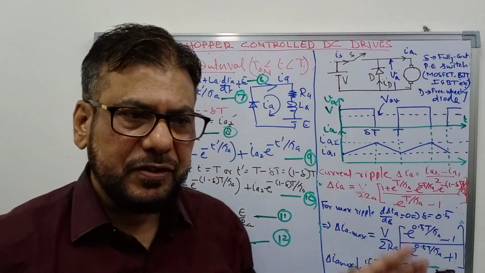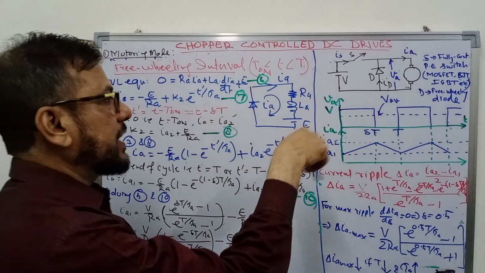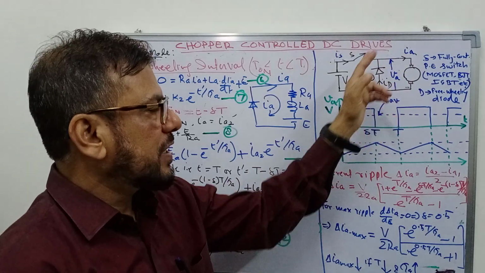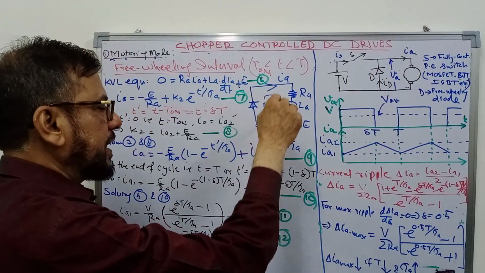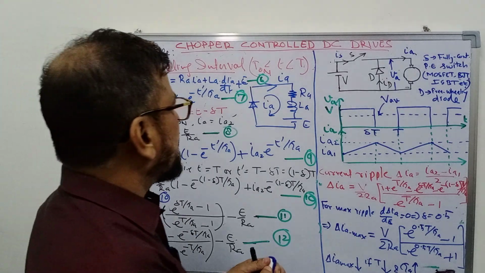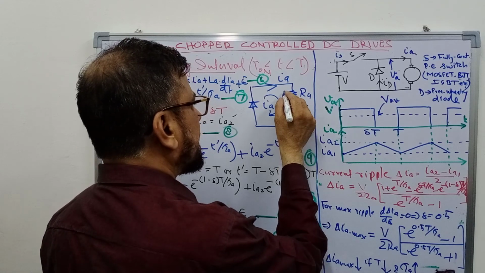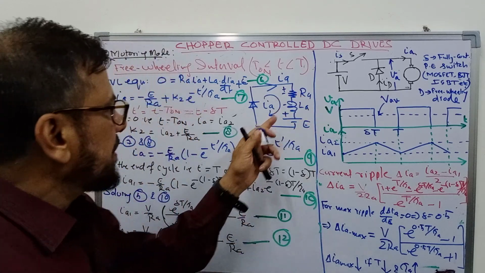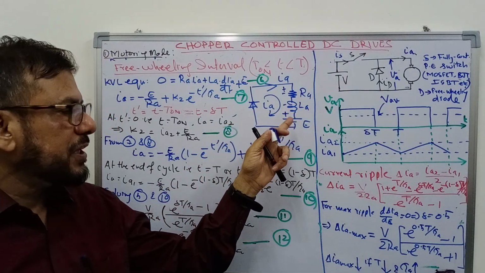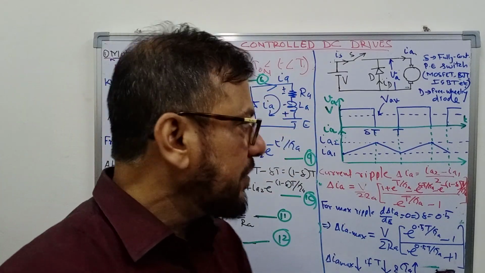Now let us discuss the operation during the freewheeling interval. During the freewheeling interval, as I said earlier, the switch is turned off and the diode D starts conducting, and the current starts flowing like this in this circuit. And as we had shown earlier also, the polarity of inductor voltage during this period will be like this. So energy will be released by the inductor, and it will be partially converted into mechanical energy, and partially it will be dissipated as heat in armature circuit resistance.